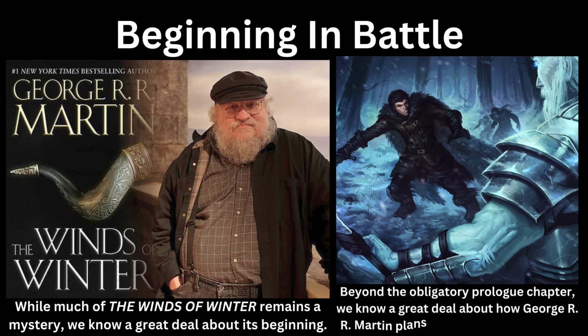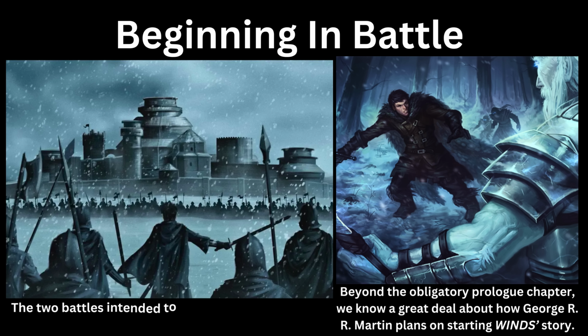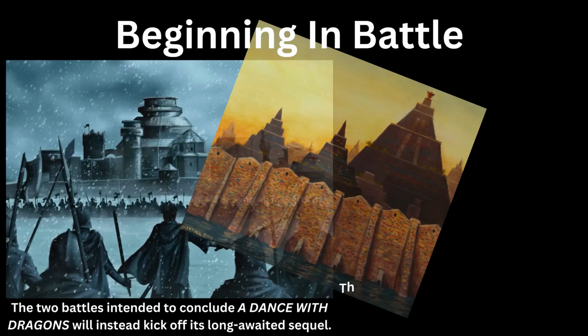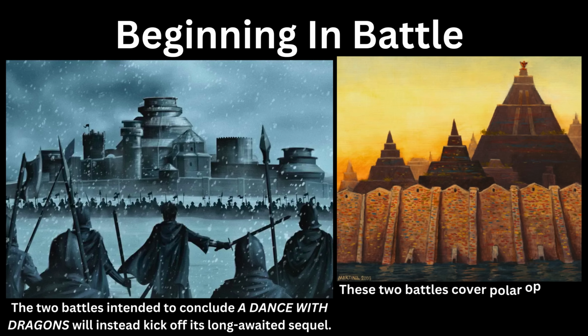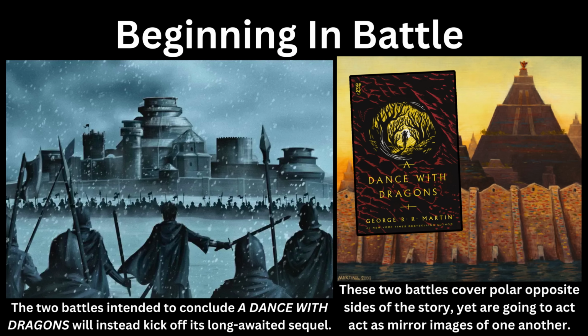These two massive battles, one in the north with Stannis Baratheon facing down the Freys and Boltons for Winterfell, and one in the far east in Meereen, covered by several viewpoint characters, and bringing all of the plot lines around Daenerys Targaryen to a head in one climactic showdown. In this instance, both of these battles were initially planned to be included at the very end of the previous novel, A Dance with Dragons.